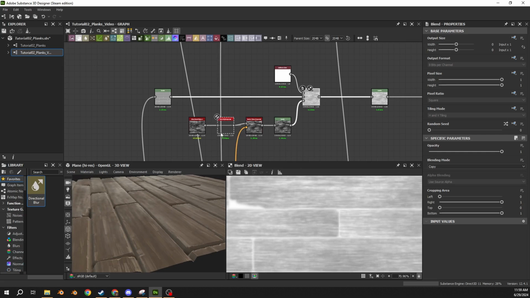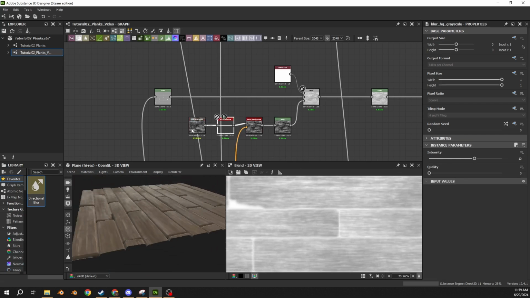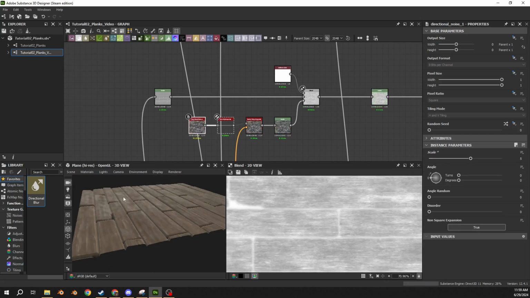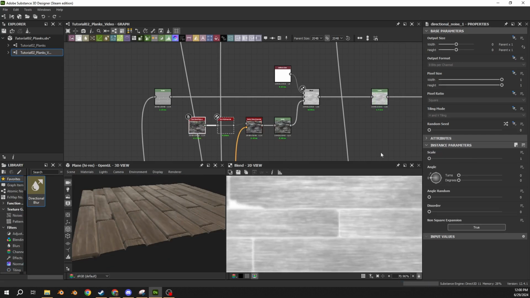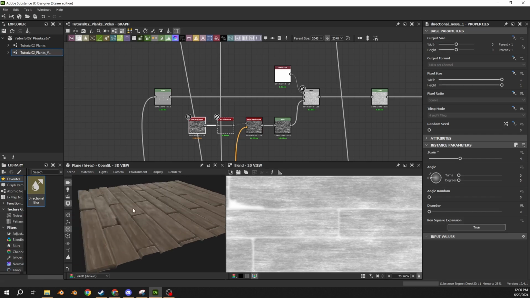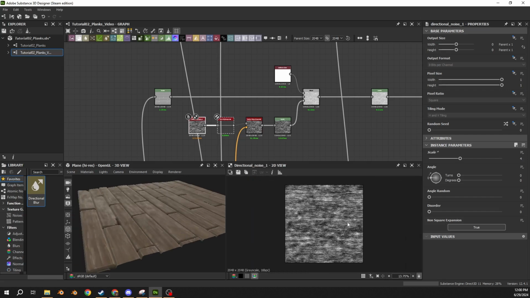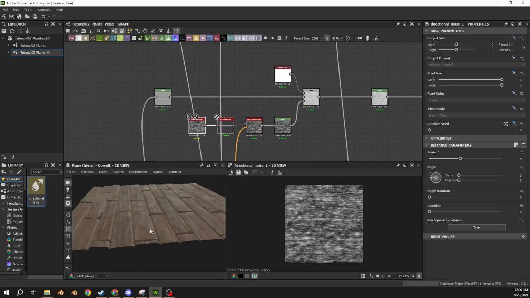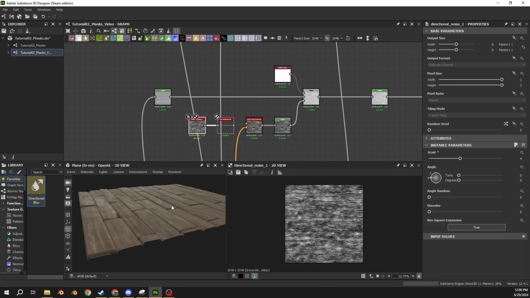First of all, we want to change the scale. Because right now we want to break it up, make it a little smaller, so the noise pattern isn't so large. So we're going to go with 4. This way we get more variety on all of them, so it's more broken up. Then from here, we're going to blur it